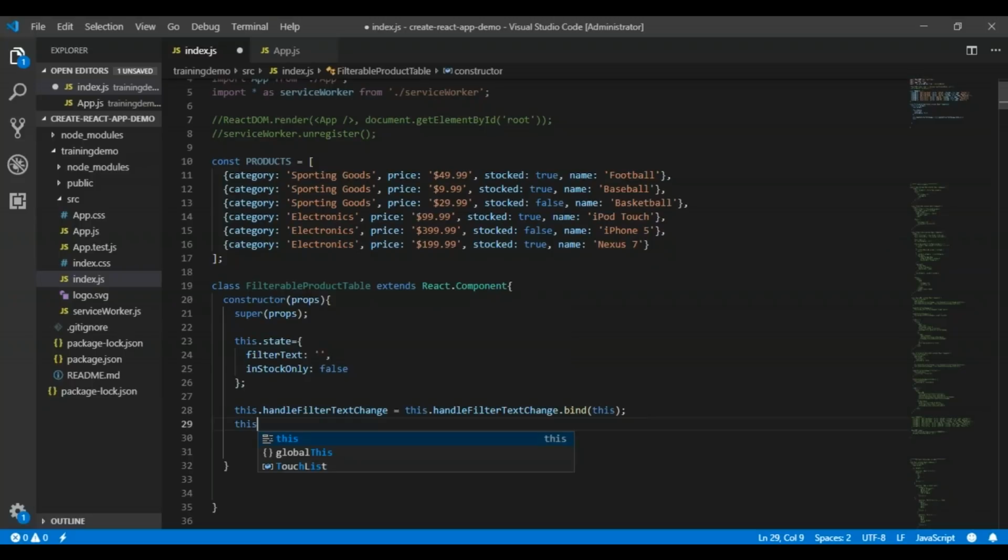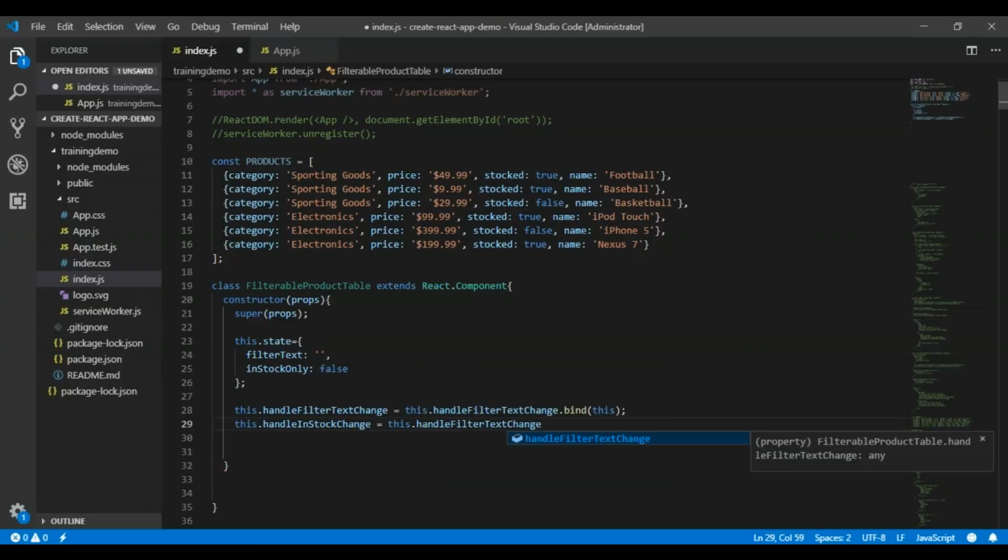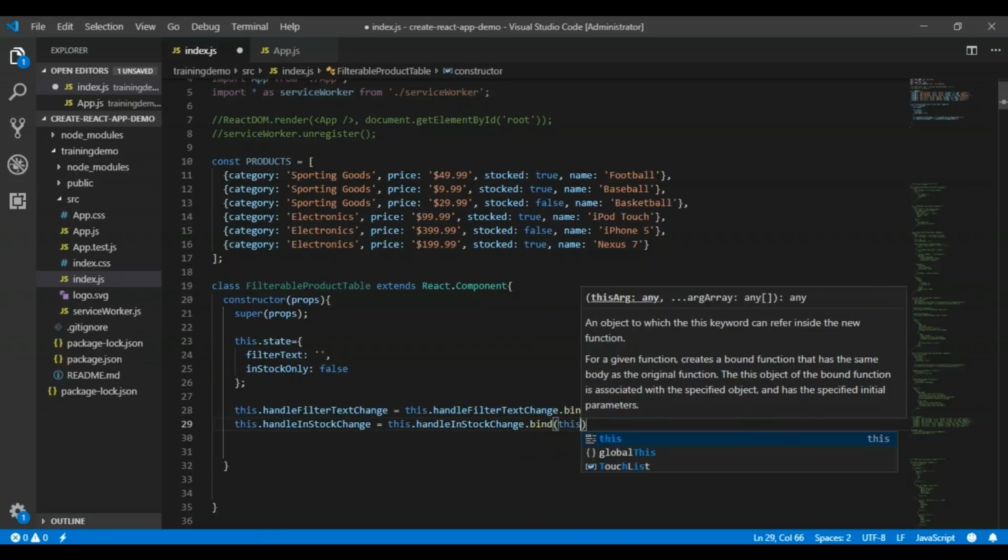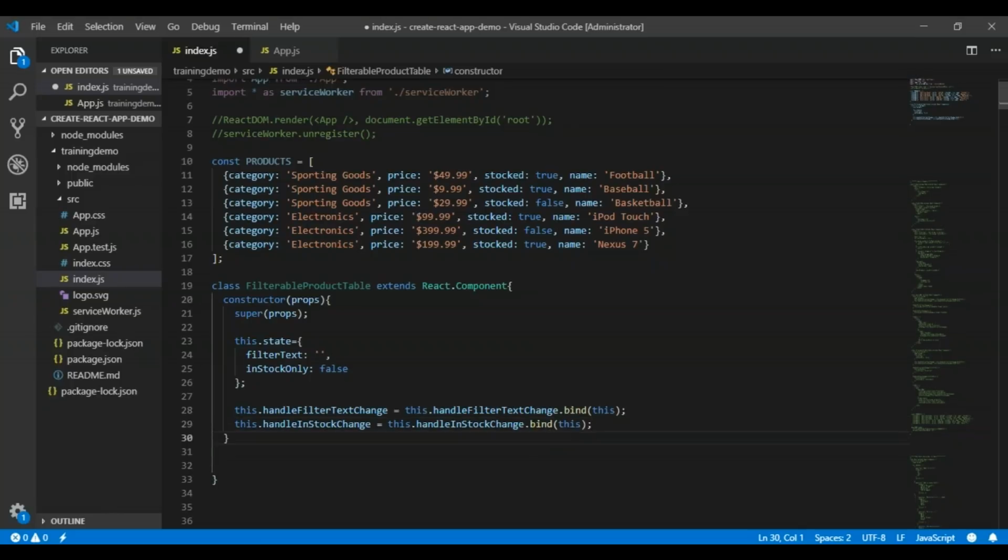And after that, I will bind another event handler to this particular class. Please remember, all this needs to be done inside the constructor only. I don't want handleFilterTextChange this time. I want handleInStockChange, and I want to bind it. That's it. So we have defined the constructor.